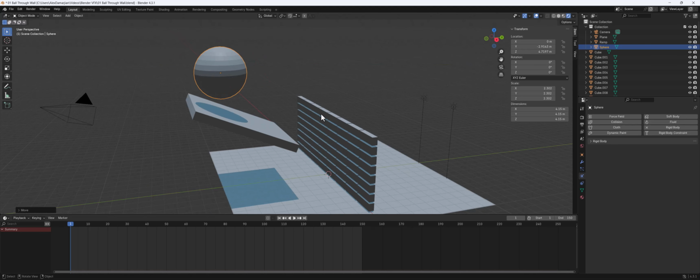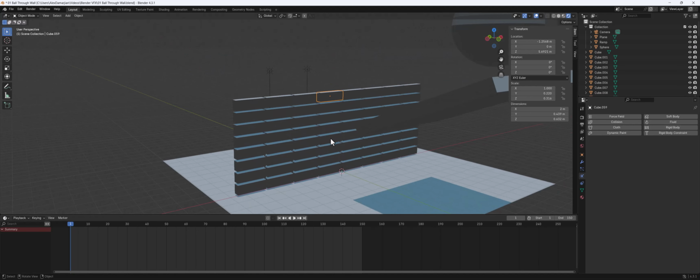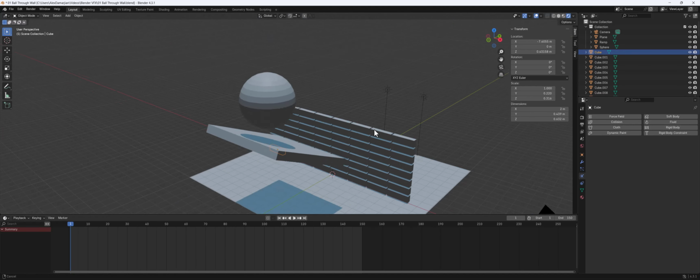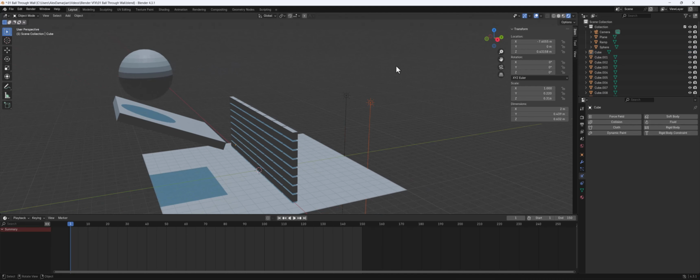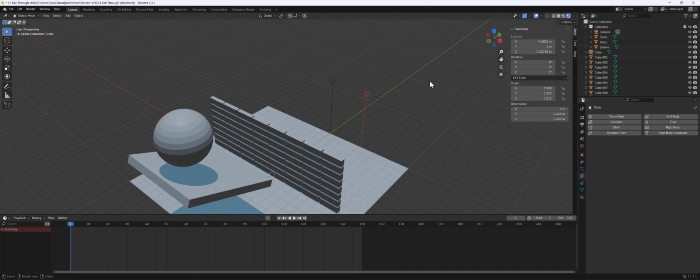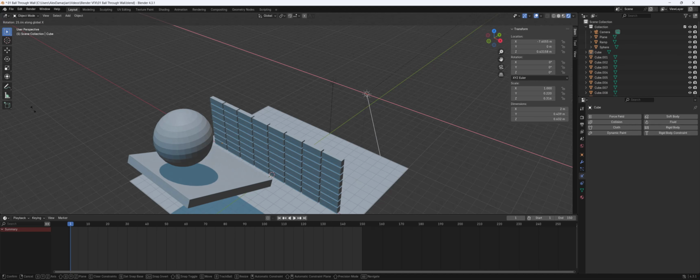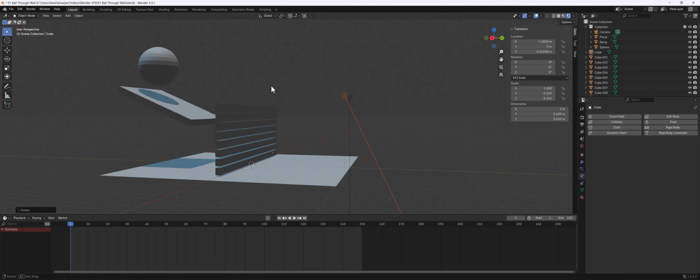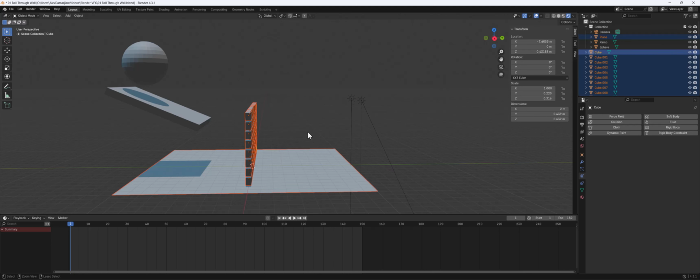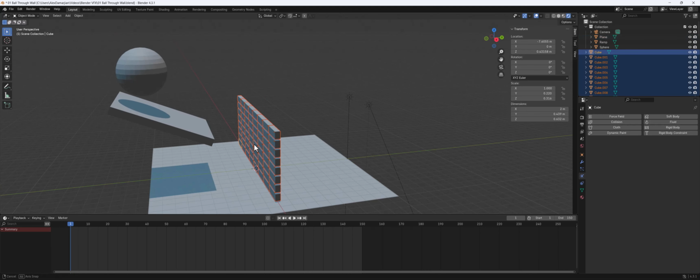All right, so as you can see here, if I go to physics, I don't have a rigid body. So how do we add it to a bunch of these at the same time? And actually, let's just rotate this light here, R and X, a little bit this way. Okay. All right, so the trick is I can select all of these, again holding Control and clicking off,